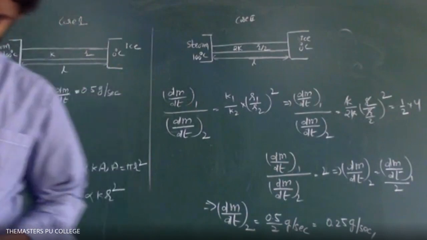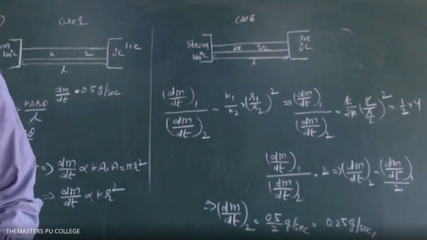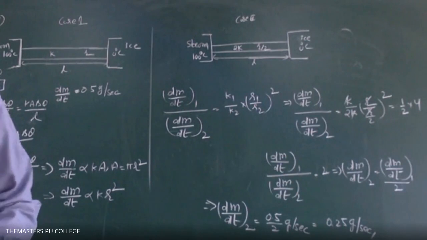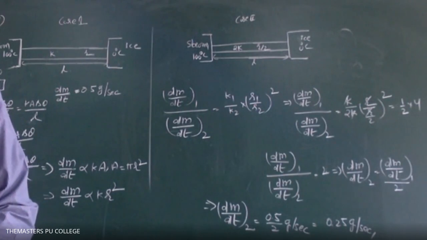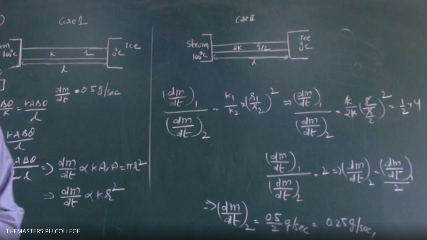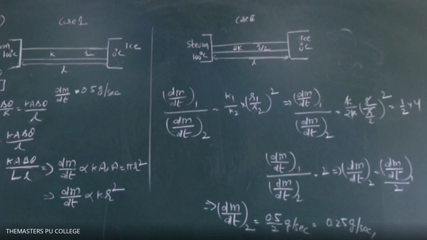Sir, in the answer key, they have given 2 grams as the correct answer. 2 grams. Yes, sir. 0.5 gram of ice. Now the rod is replaced by another rod of the same length, half the diameter, double the conductivity of the first rod. 0.2. Good calculation, this is correct only. No, we got this. I don't think so. This is wrong. The calculation is also correct. Check it once.